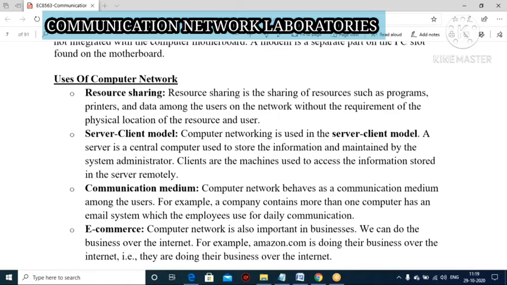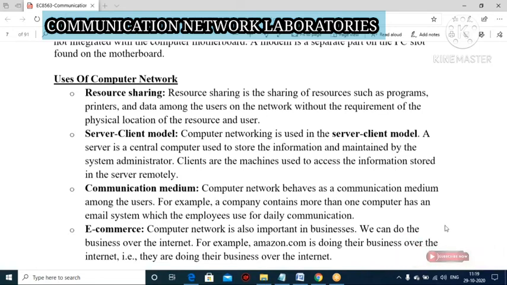So this and all happen only through computer networks. Next, e-commerce. E-commerce is specifically important on the business side, right? You are doing your business over the internet. This and all happen under computer networks.